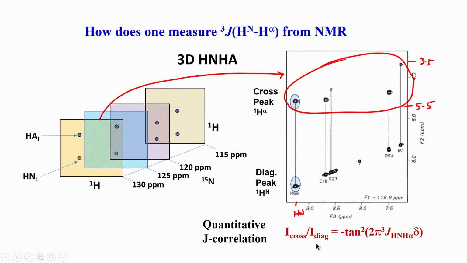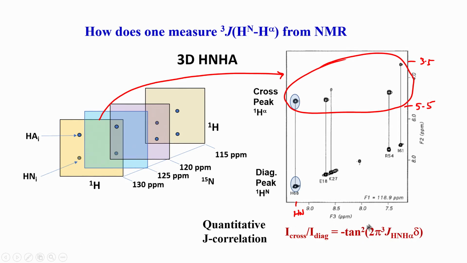So, this comes from an equation from the pulse program, based on what is called a transfer function. It turns out that if you take the intensity or volume of the cross peak and divide it by the diagonal for the same amino acid, okay, look, here we are looking for the same amino acid. So for every amino acid we take the cross divided by the diagonal, and from that value we will get tan square of this, sorry.